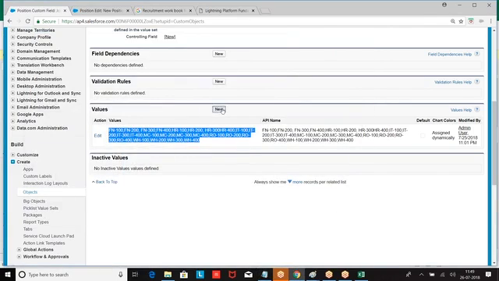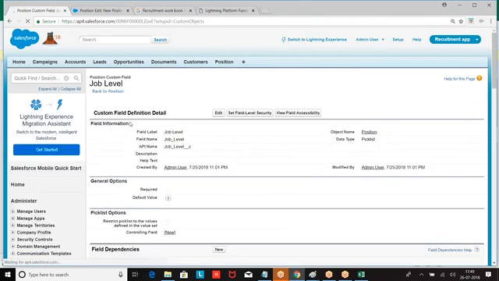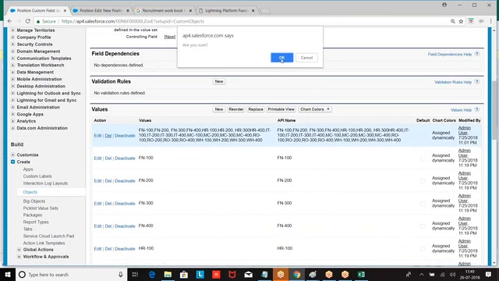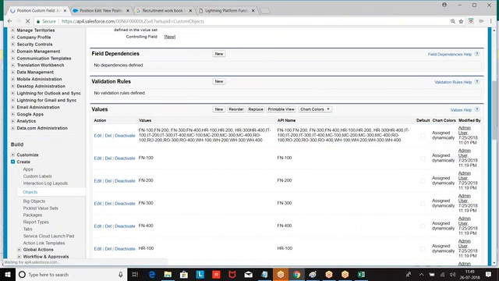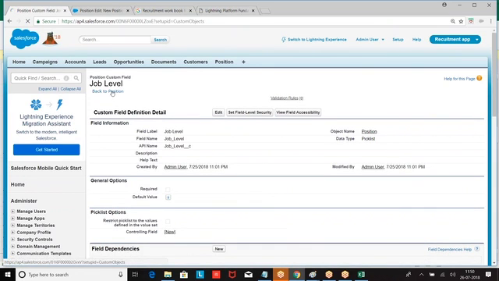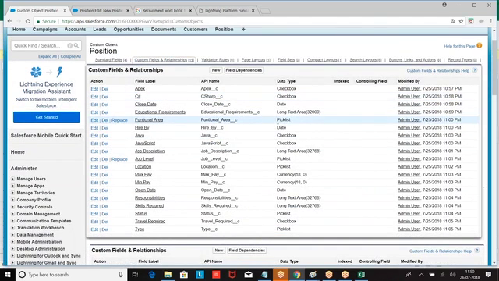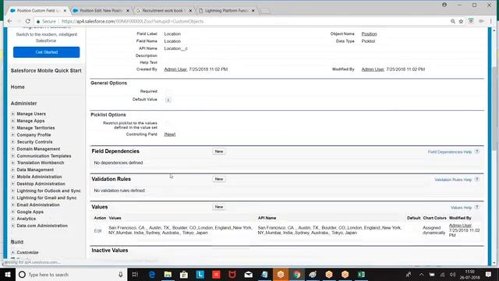So I have to go to new. Then remove the first option. So what are the other things that we have created again? Right. So already one of the bugs is there. Min value has to be required. Max has to be required. Then functional area we have done. Job level, location again. We had two more.